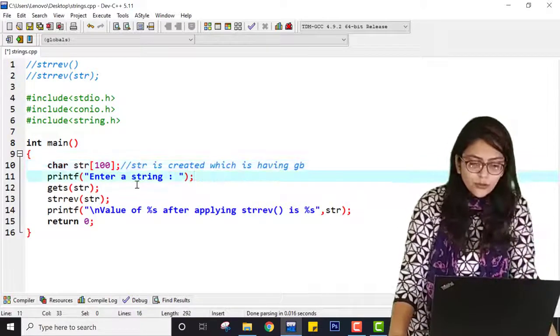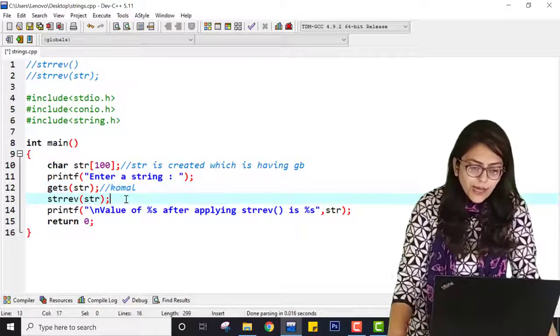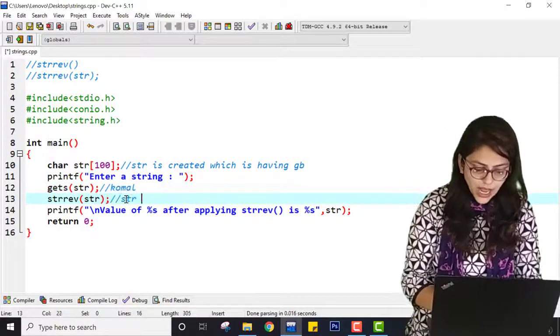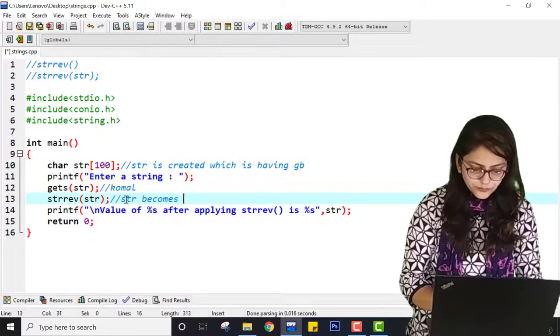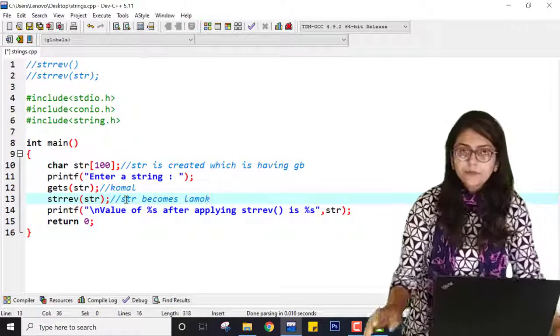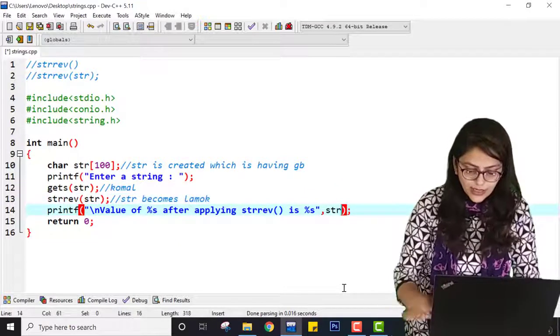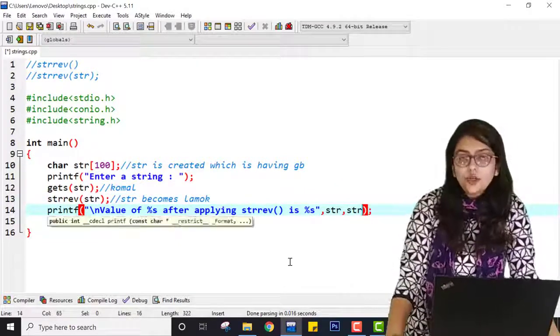Now user will be able to enter a string. Here user is entering KOML. After applying this function, this str becomes LMOK.